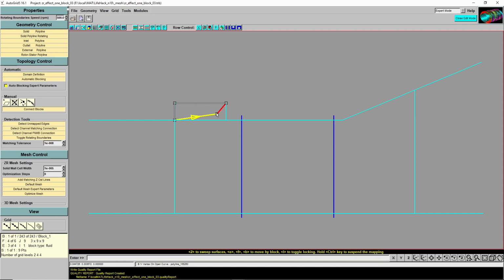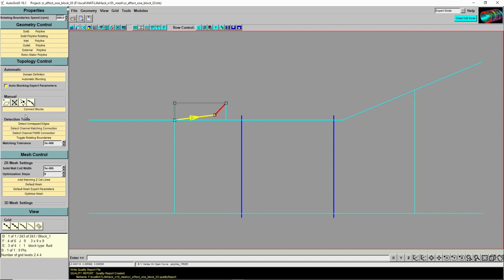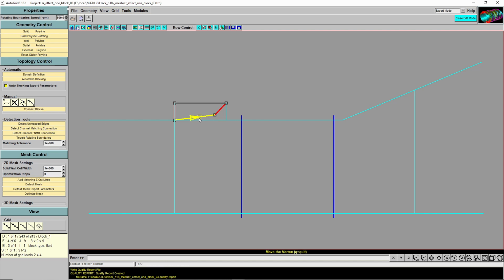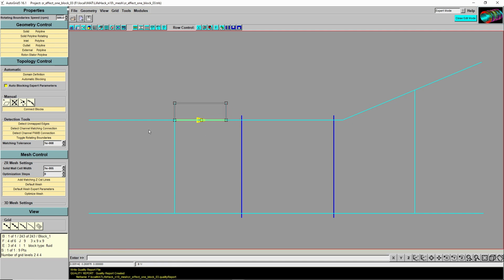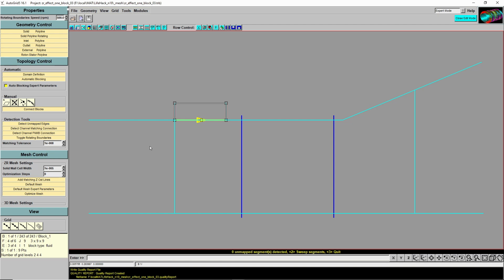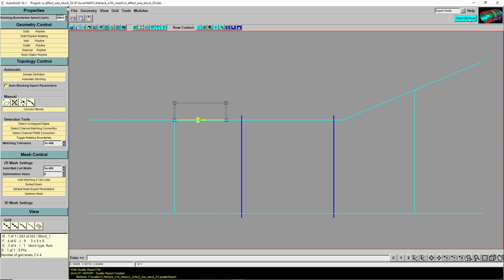And it may happen that this edge down here doesn't snap to the main channel side. And then we can basically enter another vertex manually. This is looking better. Unmapped edges 0, and we can close the edit mode